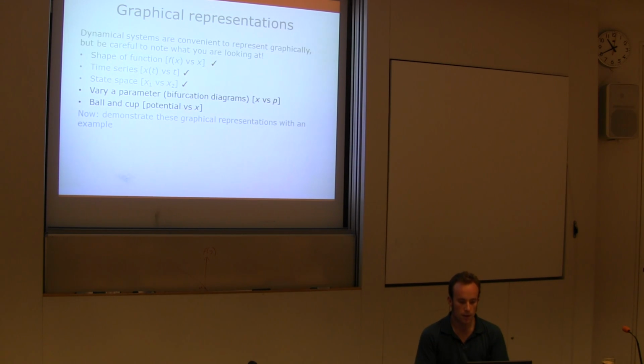One type of representation we can make is just the shape of a function that appears on the right-hand side. This is what I tried to do here. Another representation is time series, where we plot a state variable as it changes over time. Another thing we can do is state space, where we plot two state variables against each other and then map how the system goes over time. Two more that I'm going to get to, actually first the last one and then the second last one, we'll get